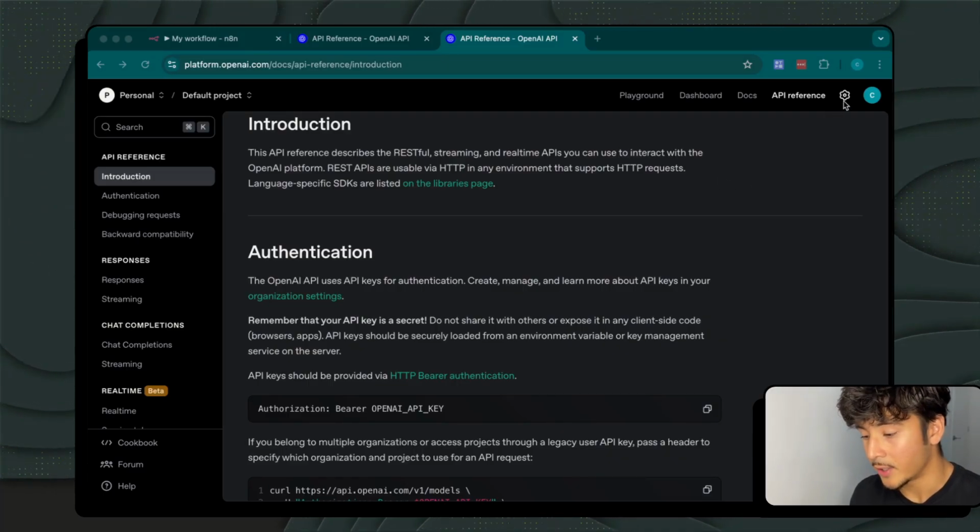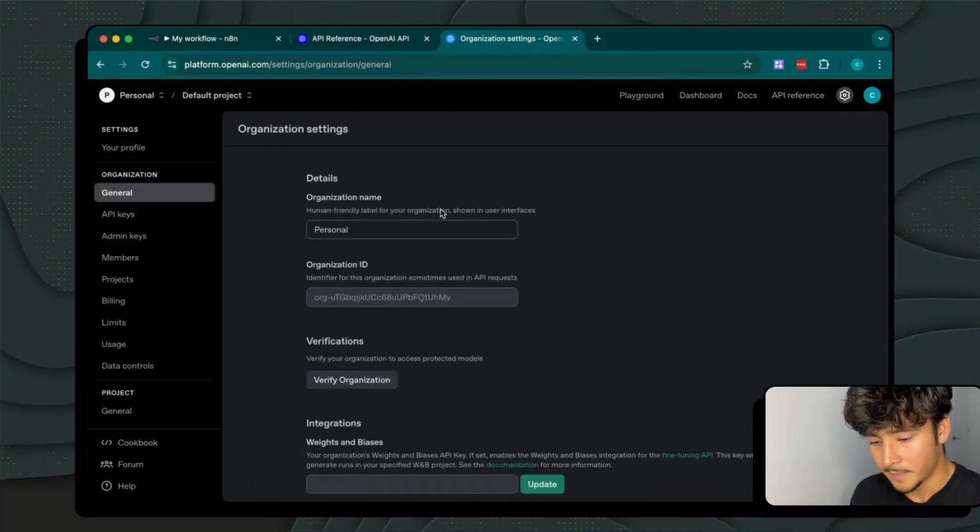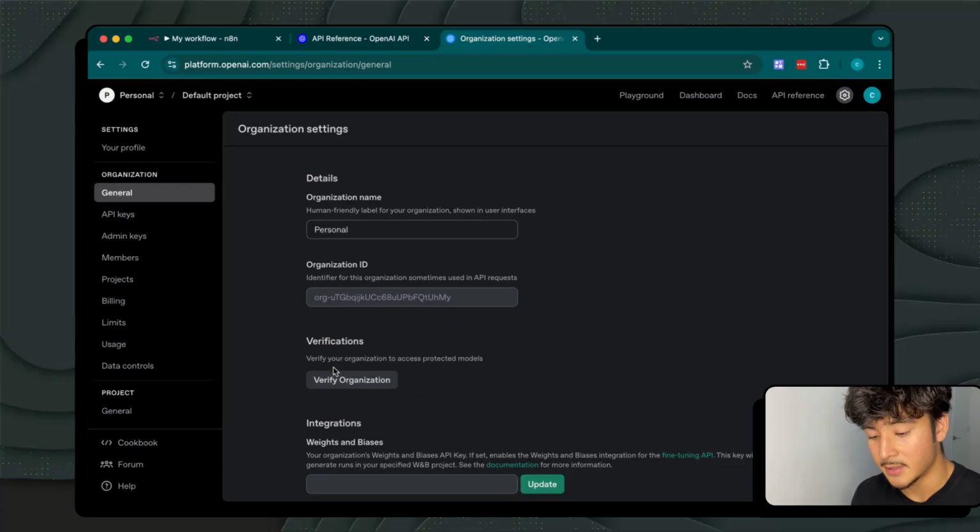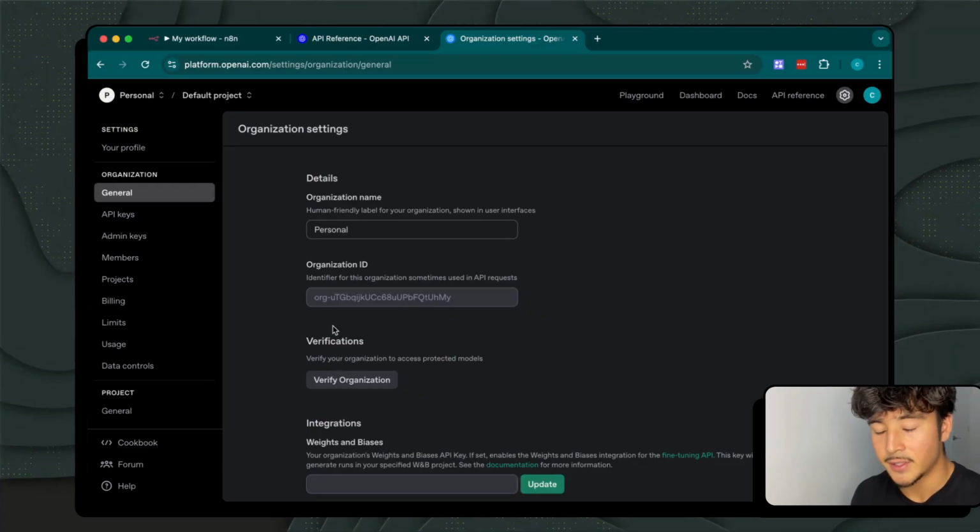And you do that by going to settings from platform.openai.com. And you get into a screen like this, and just underneath the organization ID, you have a button that says verify your organization. And that's just OpenAI's way of verifying users so they can keep people in check on how